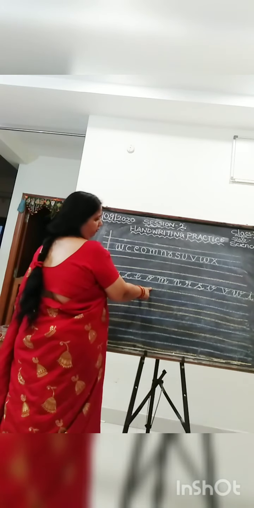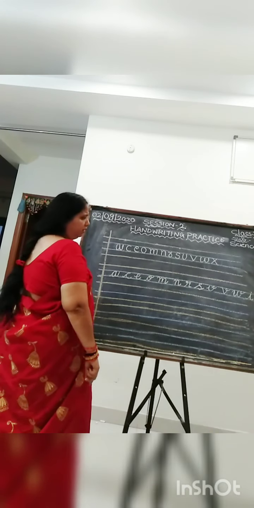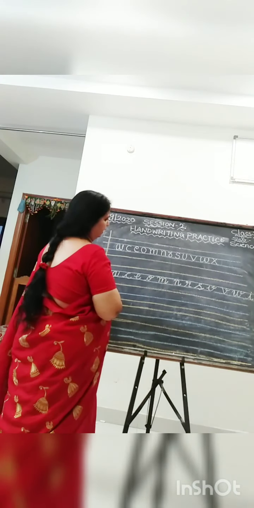Okay, so look here at those letters which touch only the mid lines. They won't touch the upper line or go downward. It is not moving upward or downward. Only it will touch the mid lines. Okay. So what are those letters? A, C, E, O, M, N, R, S, U, V, W, I and X. Okay. Now what are the upper stroke letters?